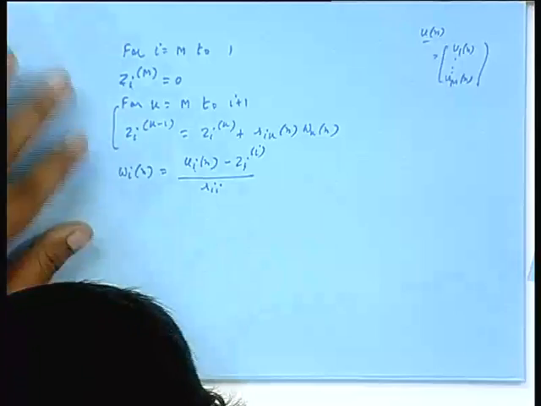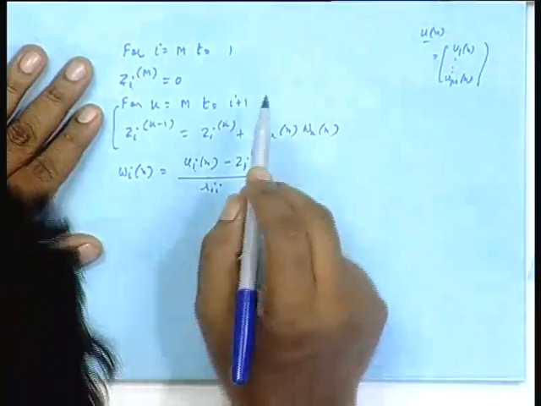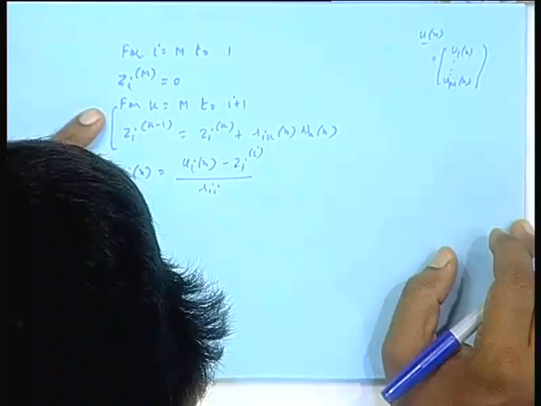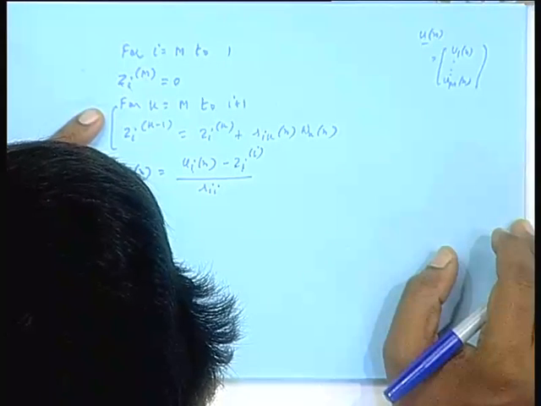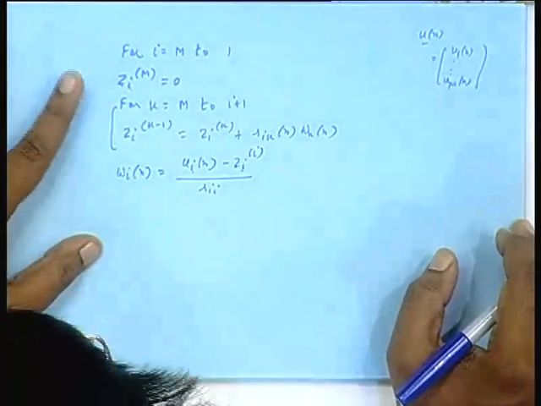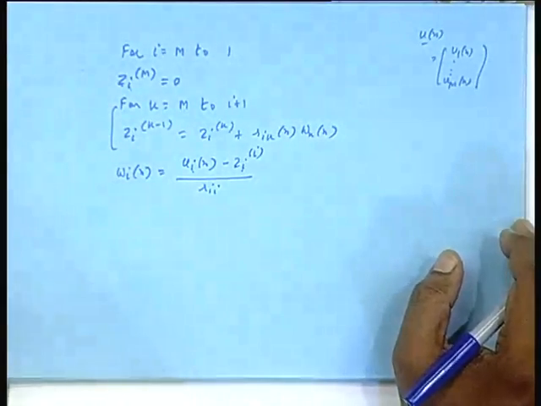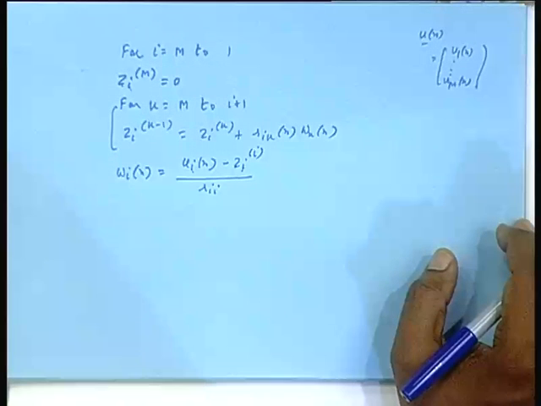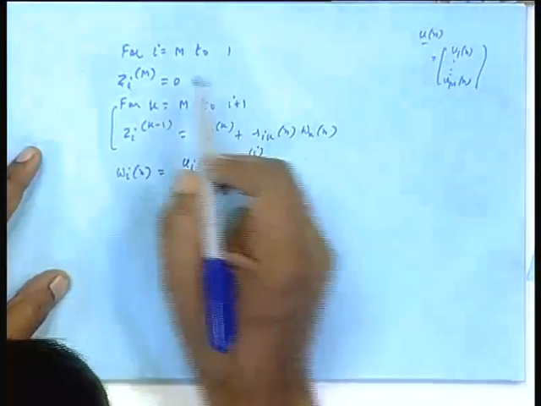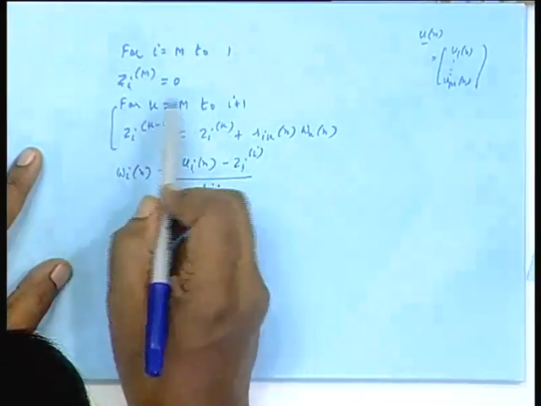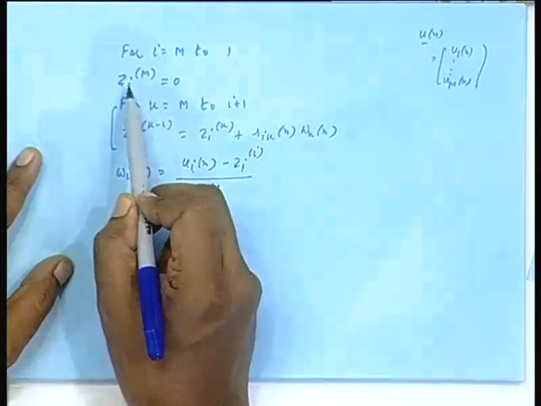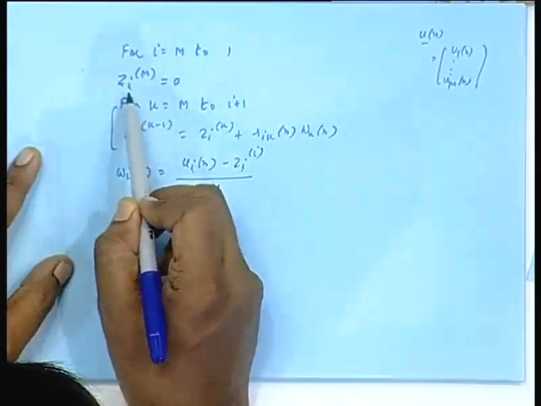That time this loop should not be executed. We are actually going step minus 1, so m to 1 means we are going in a negative direction. So this won't be executed. Yes, good. K and I both are going from m to 1. So next time i equal to m minus 1. This is not 0. Only when i equal to m, this is 0.